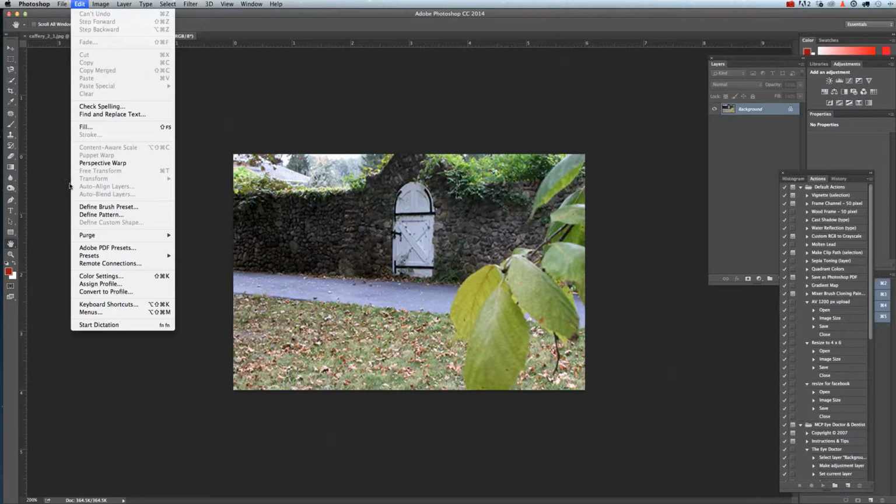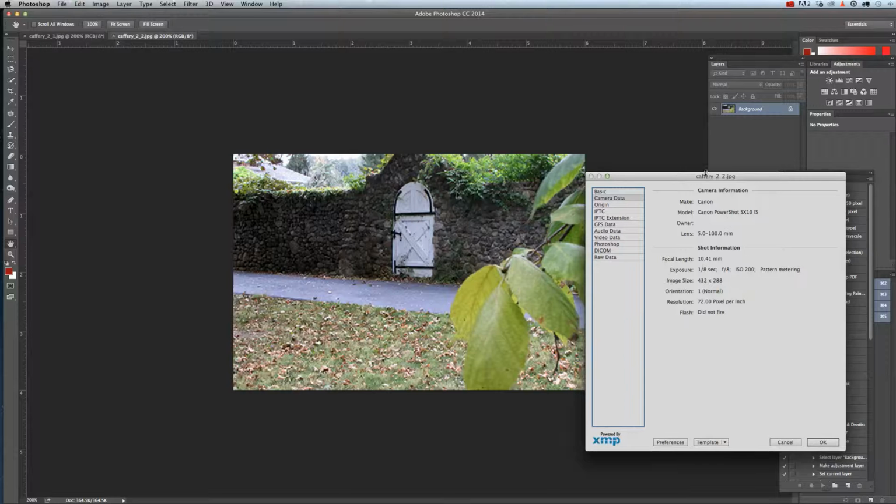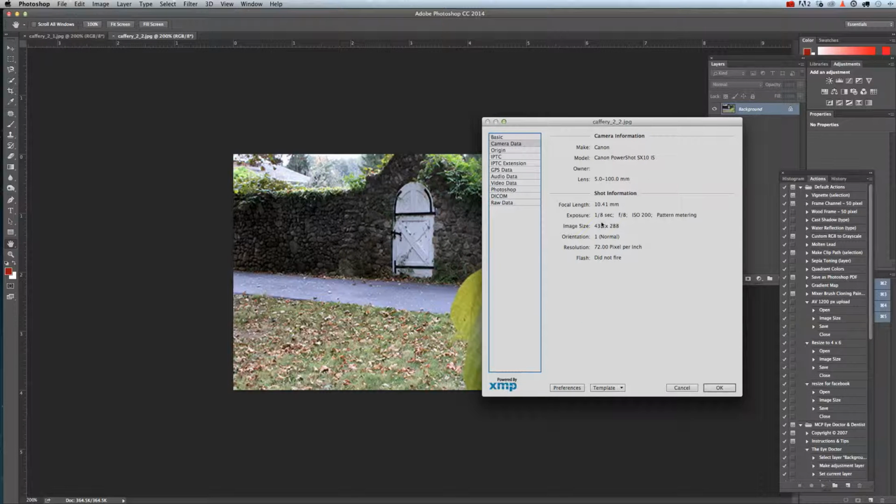If we go into your file info and check out the settings that you used on here, you can see this photograph was taken with an f-stop of 8. And an f-stop of 8 really is